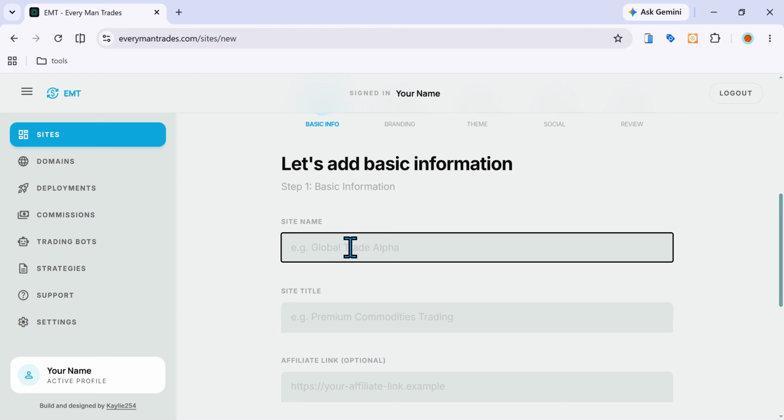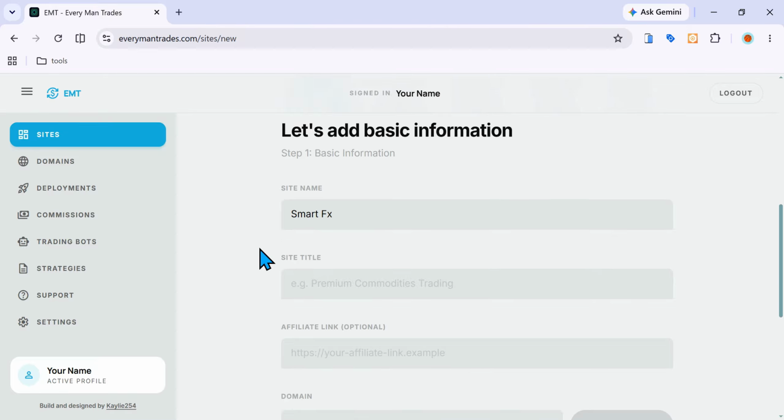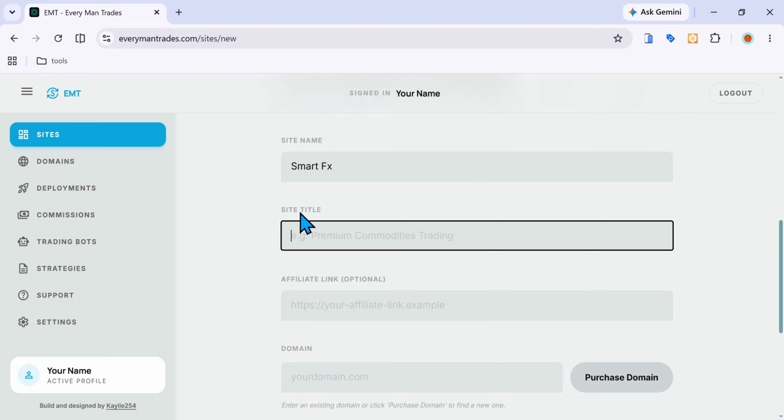For example, in my case, my site, I like it to be Smart FX, and then this is the name that will be registered on Deriv. You have the site title. The site title here is the text that appears here on top of your browser tab. You can see like here you have EMT hyphen Everyman Trades. So your site title here, you'll key whatever you want. You can just put Smart Trading,